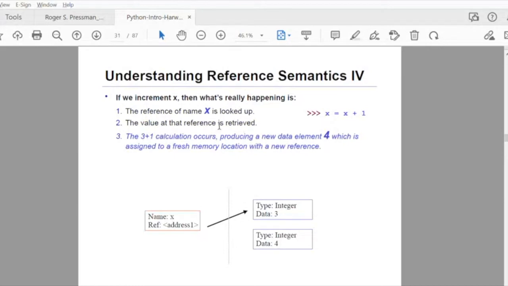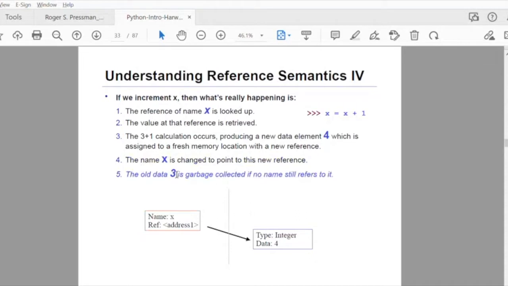When the new value is computed, it will be a new element assigned to another memory location, and x will be changed to point to the new reference. So it will not point to the same reference which held its old value. When you update the value of the variable, the reference also gets changed.